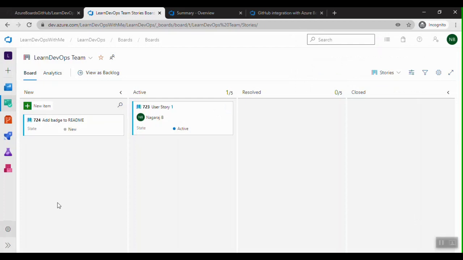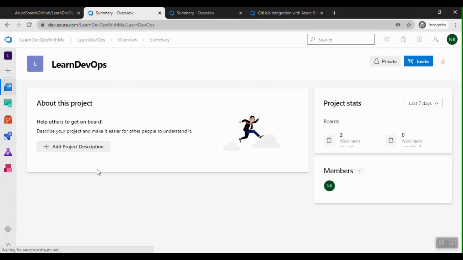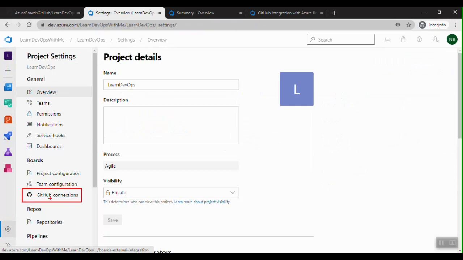The other way to integrate between Azure Boards and GitHub is through the GitHub connections, which is available in the project settings of Azure DevOps. And let me go to the project settings. So here is my project settings. This is the GitHub connections.